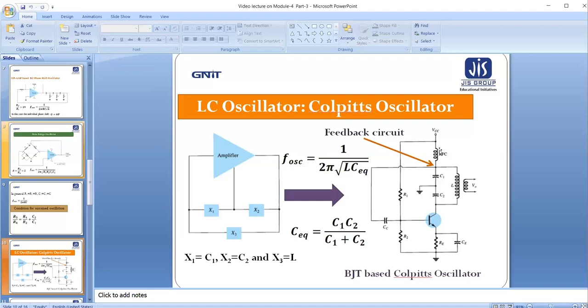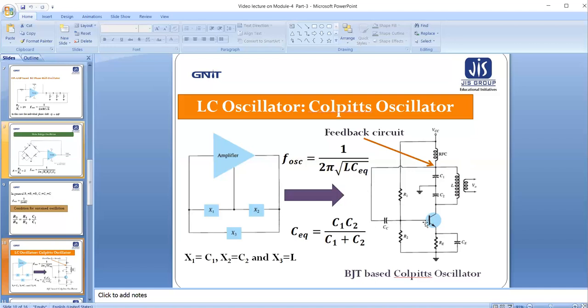So therefore, in order to isolate the DC from the AC, the RFC coil must be used for high frequency generation. And if we look carefully at the feedback signal, this is the output of the transistor, meaning the collector point. Now from the output we are connecting a capacitor C2, that is X2, with an inductor terminal L. Next, the capacitor C2 is in series with the capacitor C1, whose other terminal is going to